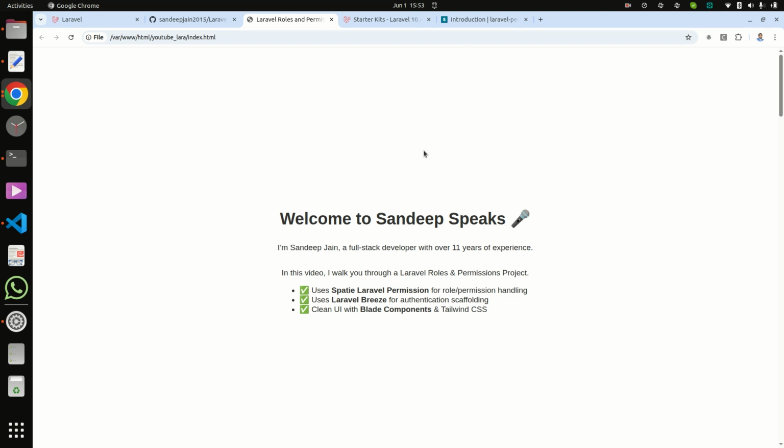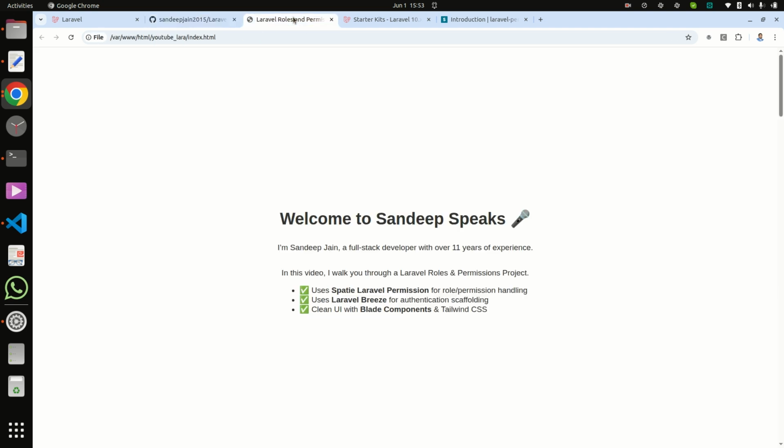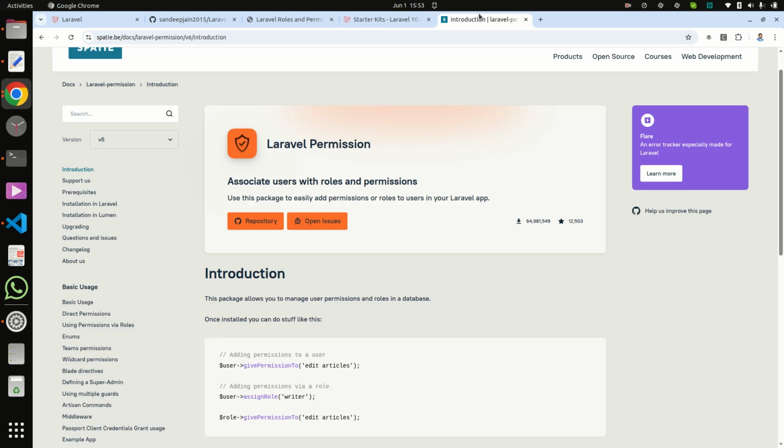And today we will discuss my new project, Laravel role permission project. In this project I use Spatie Laravel permission for role permission handling. This package associates users with roles and permissions. So this Spatie package is very handy for role and permission apps,